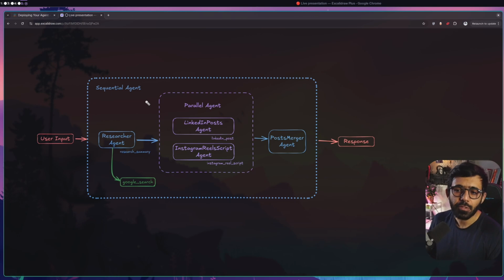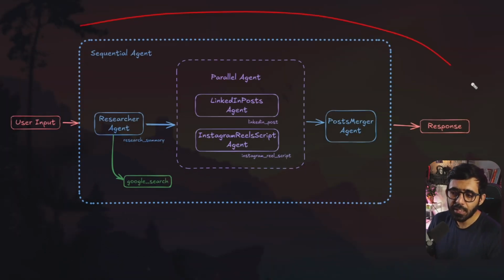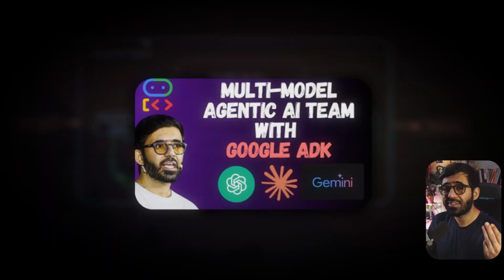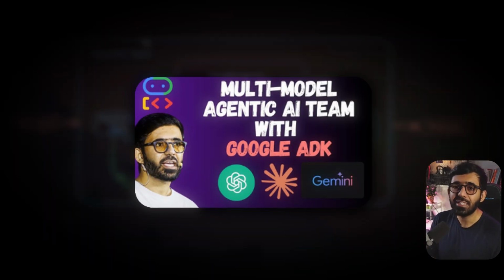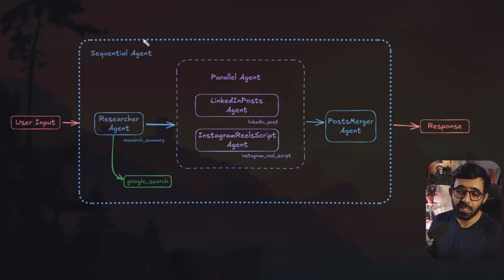Before we dive into the code, I want to show you what we are going to build today or continue building today. So this is an agent that I worked on in the third video, which was using multimodels for your agents, which means that we are using Claude 3.5, we are using Gemini 2.0 Flash, we are also using OpenAI. So all these different providers are going to be used in this particular example,